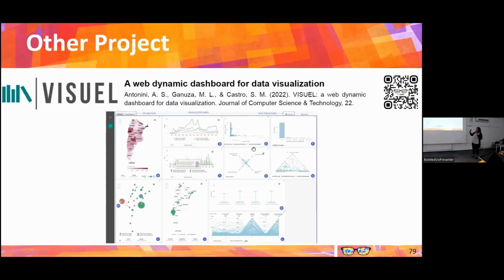I'm about to finish. This is something that is also visualization, also multidimensional visualization, but it's a project that I wanted to tell you about because it's online and you can use it. It's a web dynamic dashboard for data visualization. It has a lot of traditional techniques that you can use.